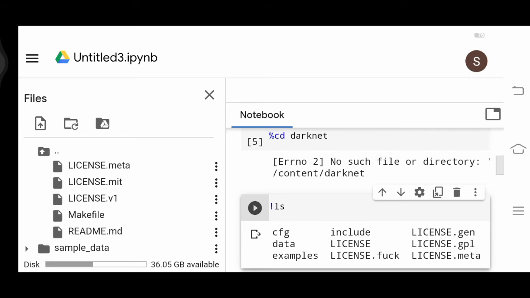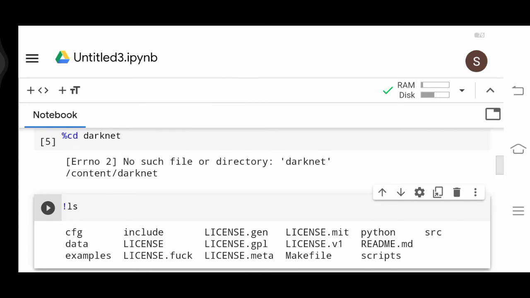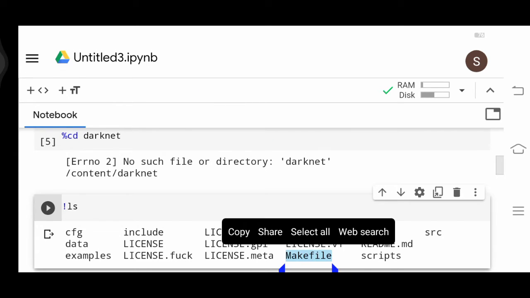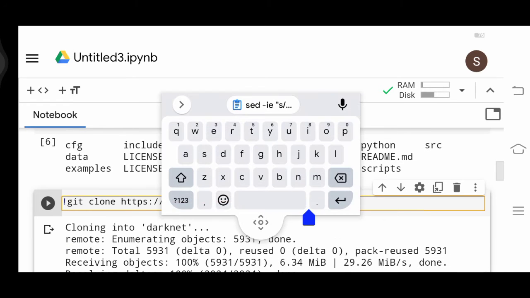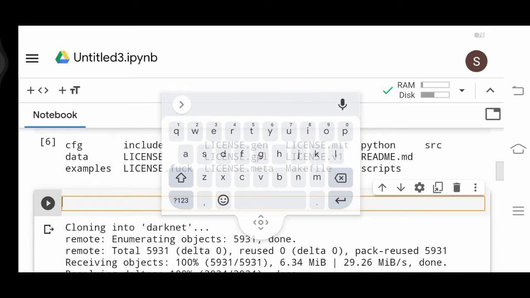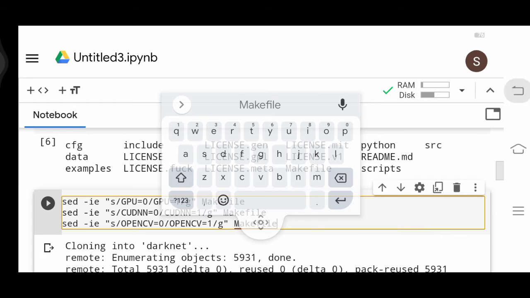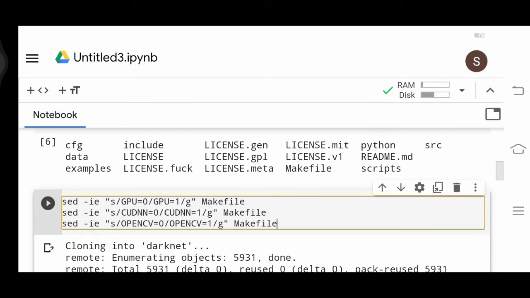Now you are seeing this makefile, so you have to change some things. This is the correct way of doing it. If you do it like this, there will be no error. If you just start to change it now, or download it, you need a very good Vim editor. If everything goes correctly, this should be done. Let me run this.